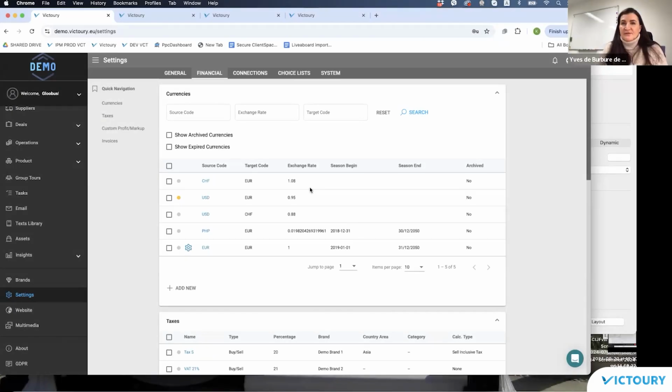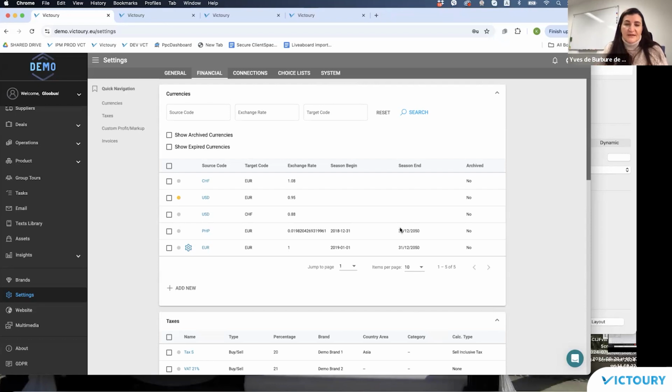The calculation of the prices, the update of the prices, which can be triggered after you update the currency exchange rate, is built in such a way to verify. It's not verifying the season begin and season end at all. So even if your currency exchange rate has a season begin and season end, that's not taken into consideration when retrieving the prices that need to be updated.